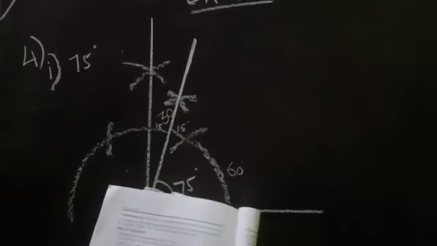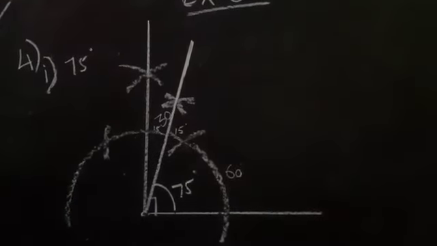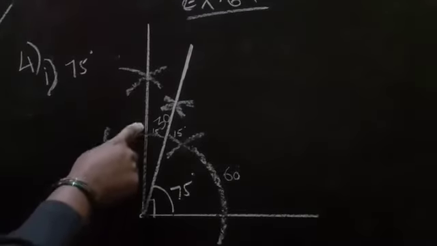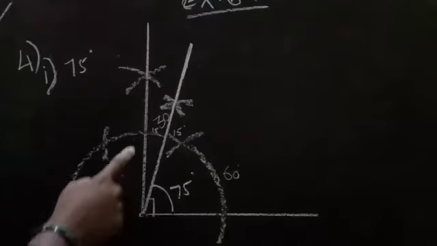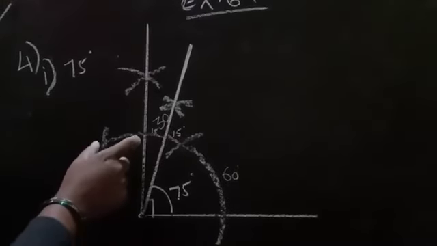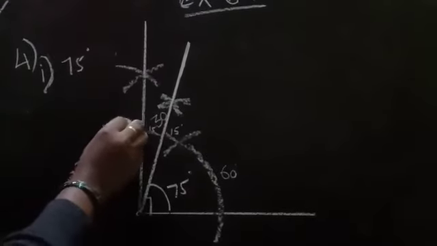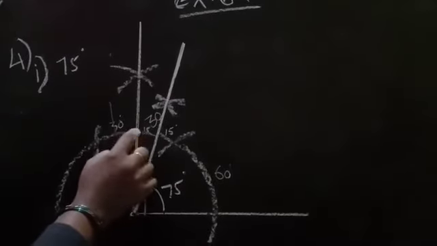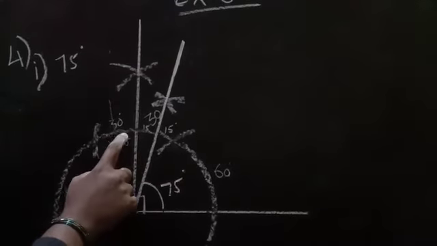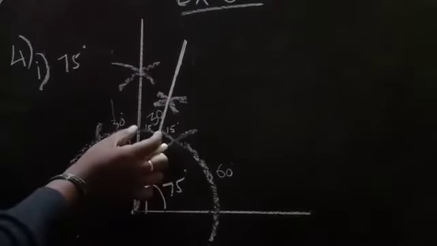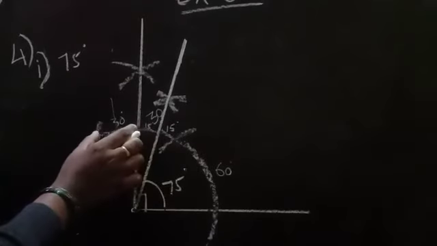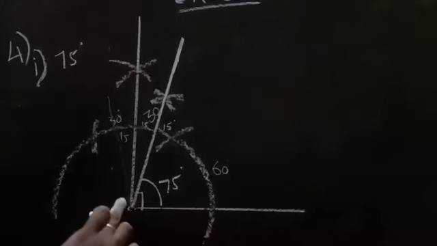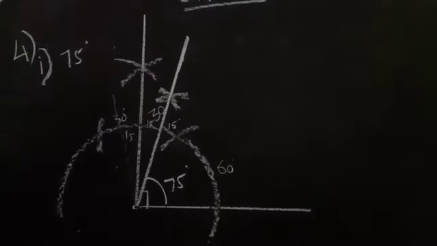Second question, they have given 105 degree. From this only you can make 105 degree, because it is a full 90. From 90 to 120 we have 30 degree. So bisecting the 30 degree, we will get 15 degree in this. 90 plus 15 will get 105. So what we did in this, the same thing we have to do from this side. You will get 15 degree.